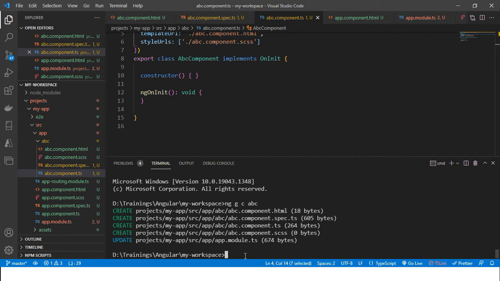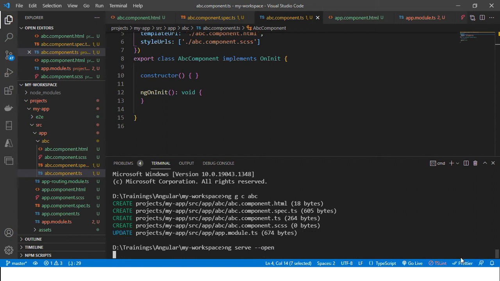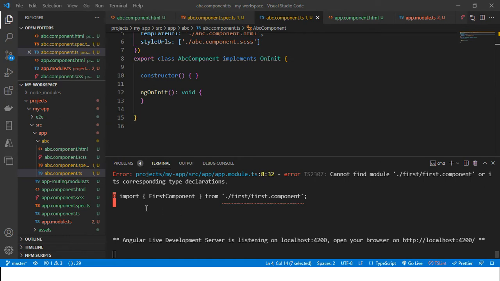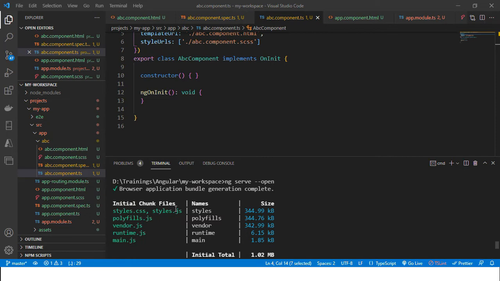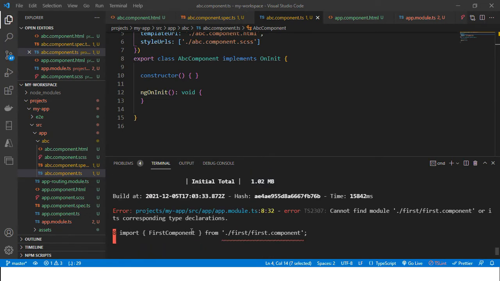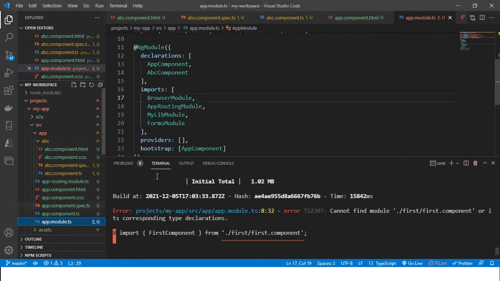Now I will run ng serve --open. After running, the application will compile, but we got one error. I think this file was removed recently in the module.